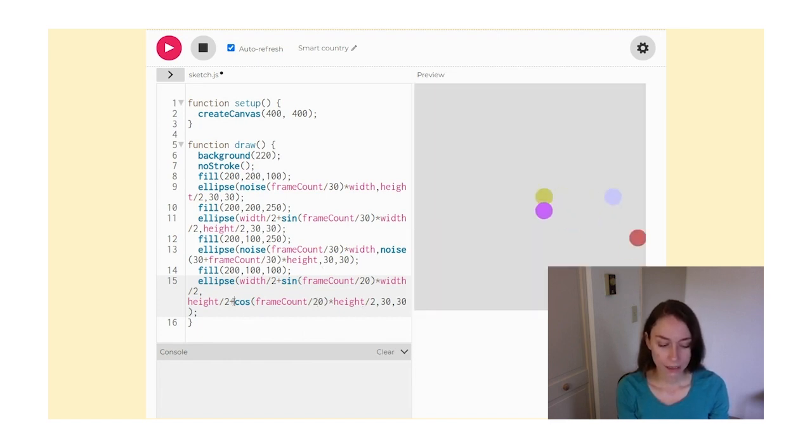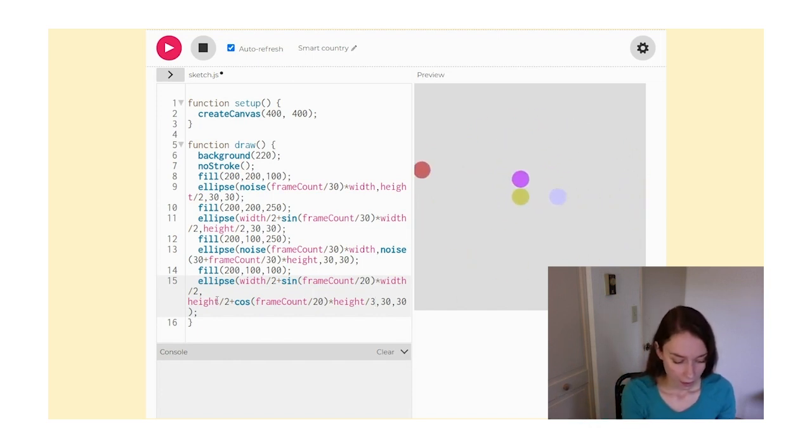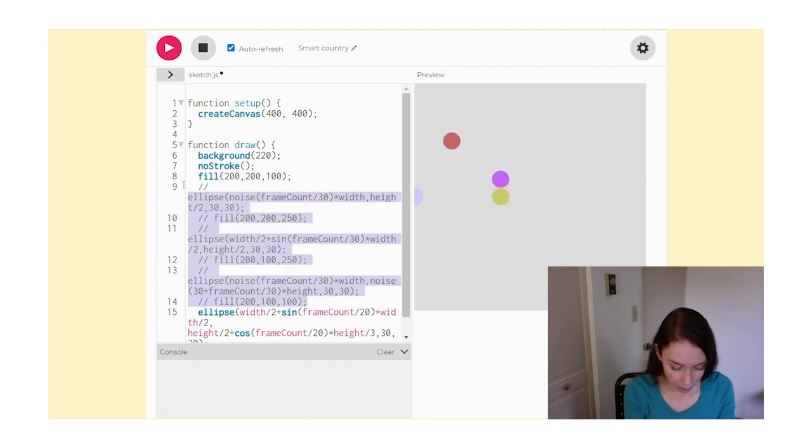And then in addition, you could also make this more of an oval by changing the way that you're mapping the height. So instead of dividing the height by 2, I could divide it by 3. And then you'll see that red dot kind of moves more in an ellipse pattern rather than moving in a circular pattern. And I think the best way to show this is actually to comment out all of this code